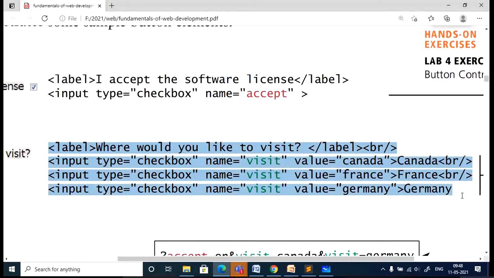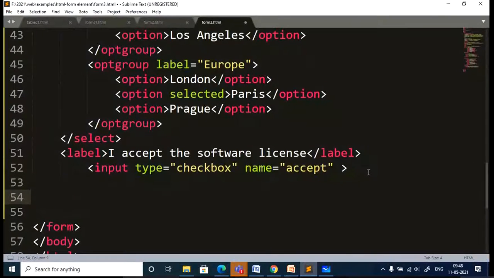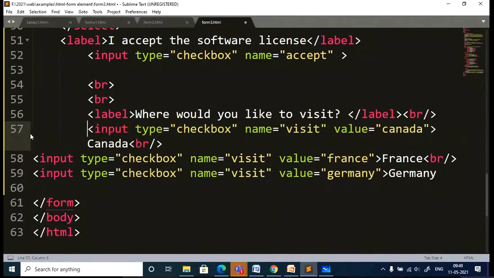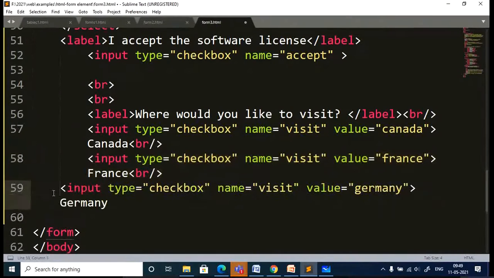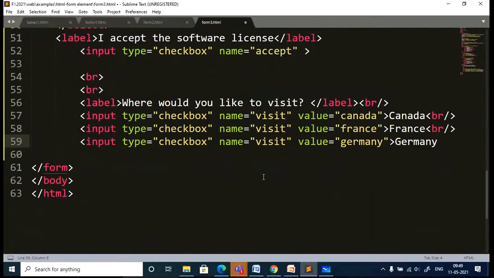So let's take this part of the code. Which city would you like to visit? That is the question here. Same code, the only thing is I have given multiple choices.